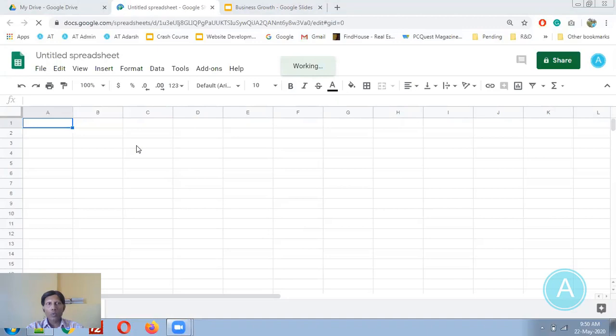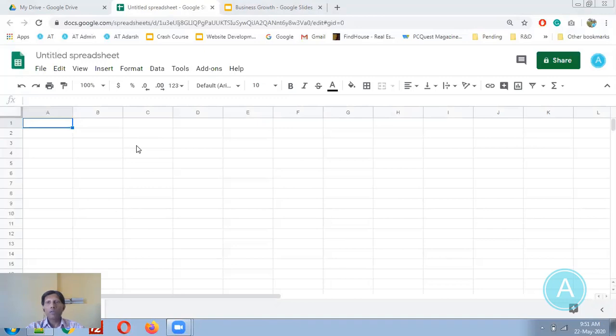Before exploring the functionality, let me give you a brief detail on which kinds of situations you can use Google Sheets in. Basically, whenever you have multiple data, you would like to sort the data, filter the data, and do operations like sum, multiply, maximum, minimum. You would like to have some conditions and highlight some data based on them. So all data-related operations can be done easily through Google Sheets.